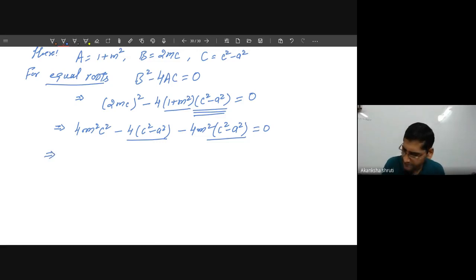You go for the simplification further. So it is 4 m square c square. Go for simplifying this. Minus of 4 c square. Student, good students do this: wherever they see this 4, they can cancel this 4, because we can send this 4. Whatever 4 is here, even I can send this 4. So what we will do is take this 4 as common first. That is the best way.